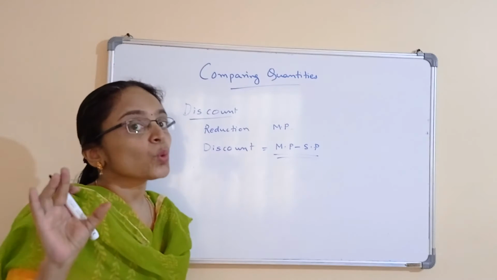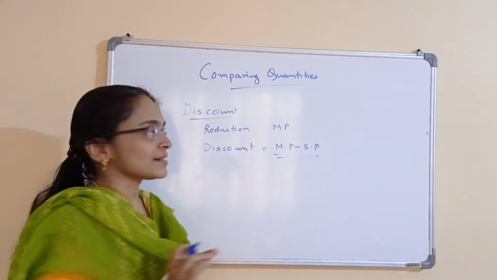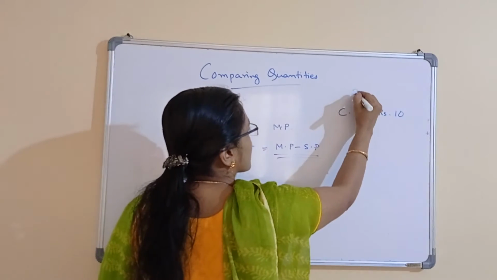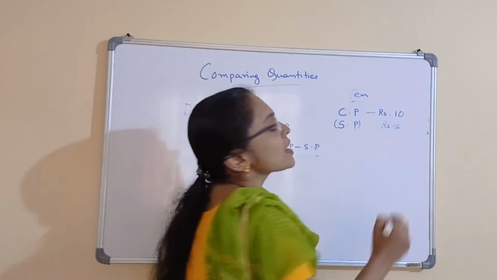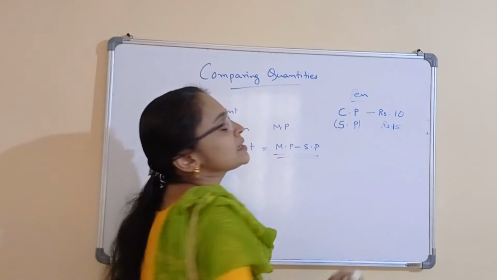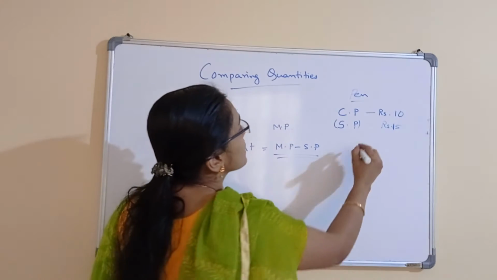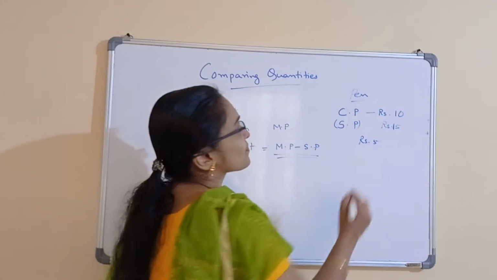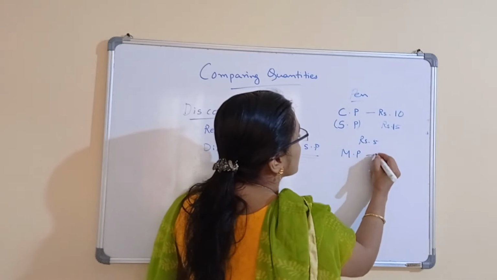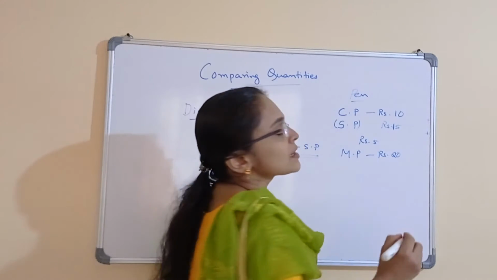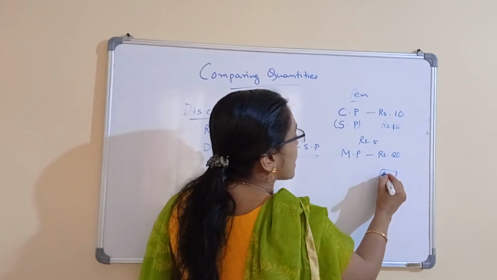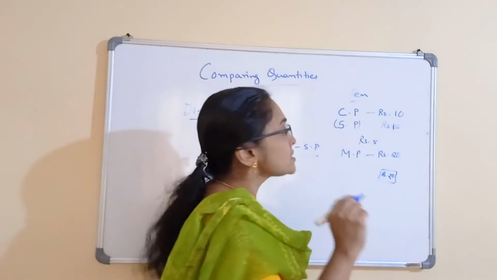Okay. And I'll tell you the technique of applying discounts on articles. So, let us say that I bought a pen for 10 rupees. I am planning to make the selling price 15 rupees. So, what is the profit that I am expecting? It is 5 rupees, right? But I am marking the price as 20 rupees. That is, there will be a sticker on the articles that shows the price. So, I am marking it as 20 rupees on the sticker.